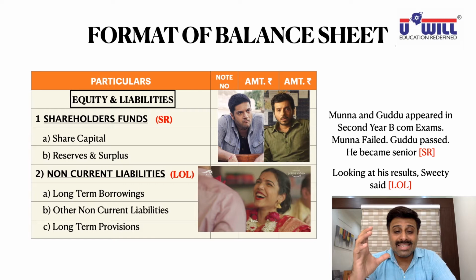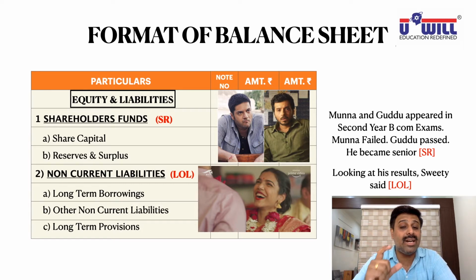So I hope you all understand the technique to remember as well as the concept, what things are included in these headings. Okay. Once again, long-term borrowings will include debentures, public deposits, bank loans. Other non-current liabilities will include anything which cannot be included in A and C, means which cannot be included in long-term borrowings and provisions. Example, premium on redemption of debentures. Long-term provisions will include gratuity fund, pension fund, provident fund, and all other such retirement and superannuation benefits. So I hope all of you are clear with these two parts of the story.